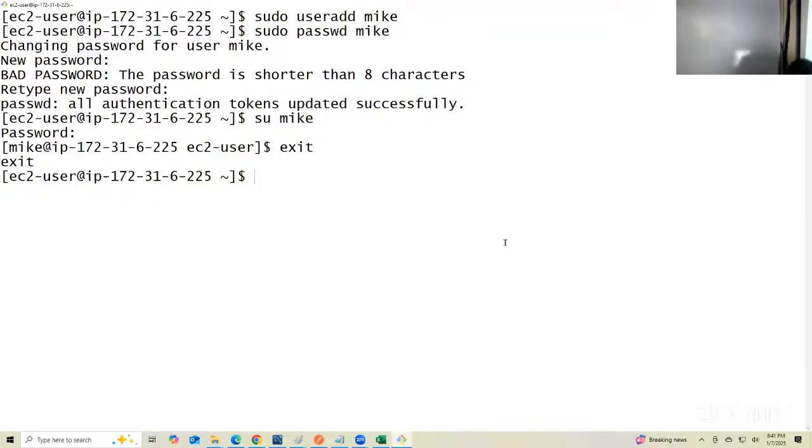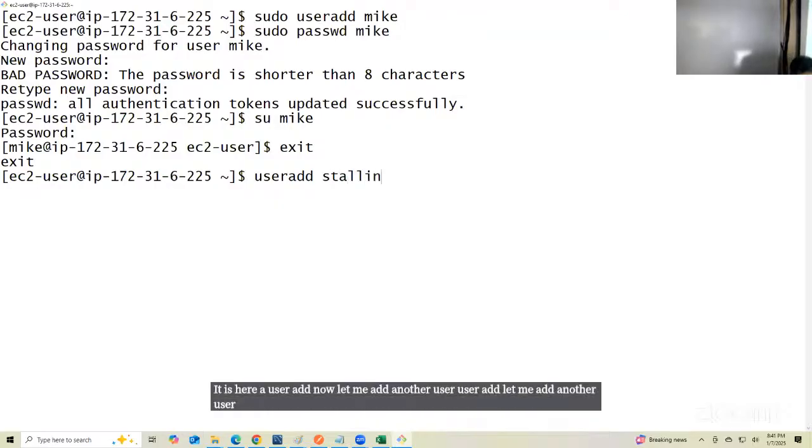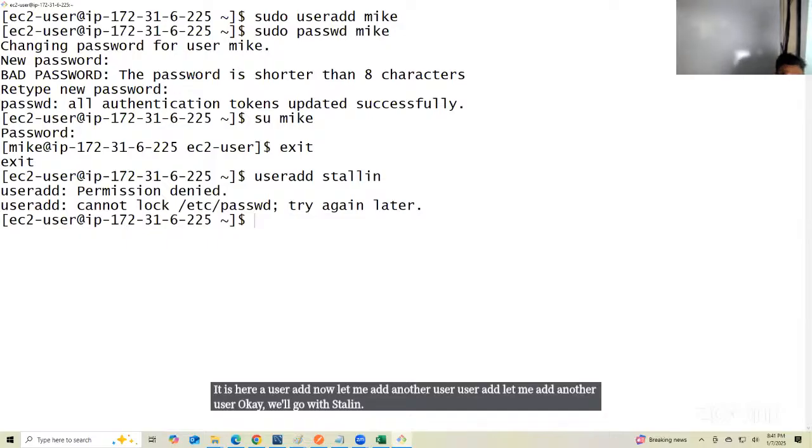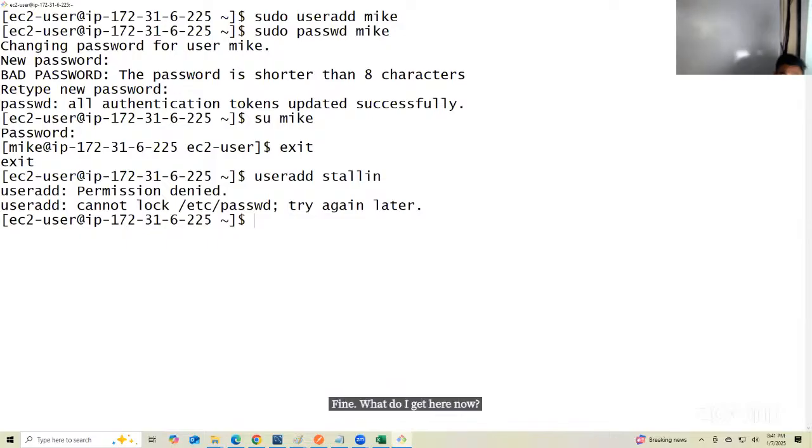Example, let's see this here. User add. Now let me add another user. Let me add another user. Okay, we'll go with Stalin. Fine. What do I get here now? Permission denied, right? Now when I use this sudo, see, when I logged in as EC2 user, now the permission